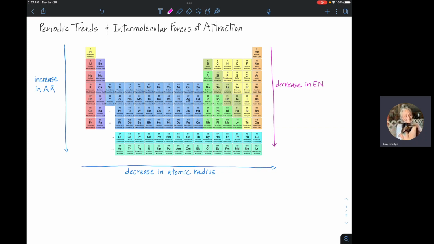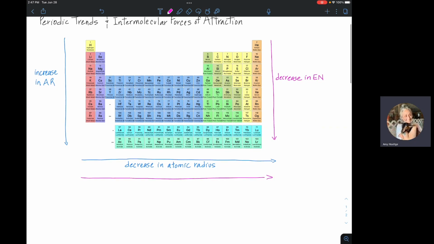As we go across the periodic table to the right, we have an increase in electronegativity. So from another video we were discussing, if you went diagonally across from the bottom left to the top right of the periodic table, you'd have a general sort of upward trend in an increase in electronegativity, where